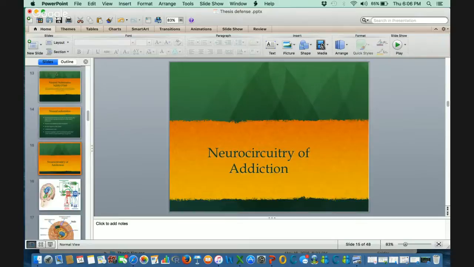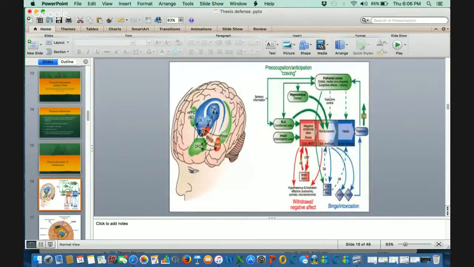Now I'll get into a little bit of the neurocircuitry of addiction. When addicts experience a decrease in response inhibition, there's an actual circuitry going on that causes the dysregulation for them to process information or to control their needs. As you see here, the insula and the hippocampus, when they have the sensory information, when they detect the conflict or the stimulus is triggered, that's when the cravings or the anticipation is generating. So people tend to get real eager.